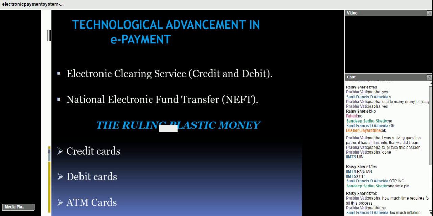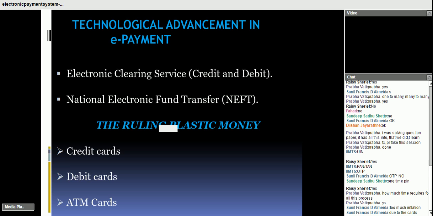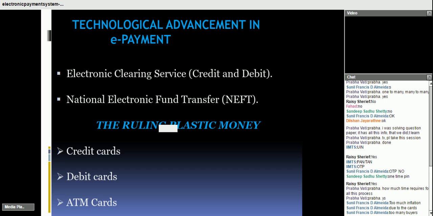Yes, Sunil, too much inflation. I mean, inflation has nothing to do with all these e-payments. How can you say that? Too much inflation due to cards? What do you mean by inflation? Inflation means a rise in the price of a certain commodity or certain thing. That is inflation. Yeah, it has increased or it has smoothened the services. We can say that because of the cards, it has smoothened the